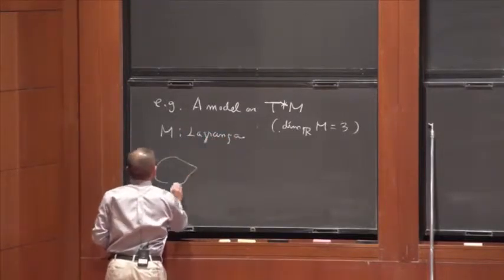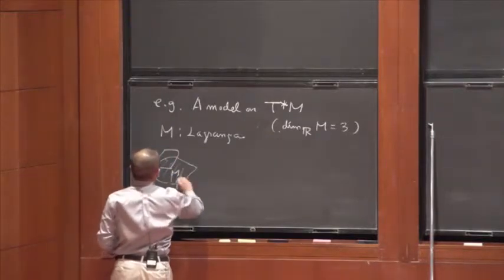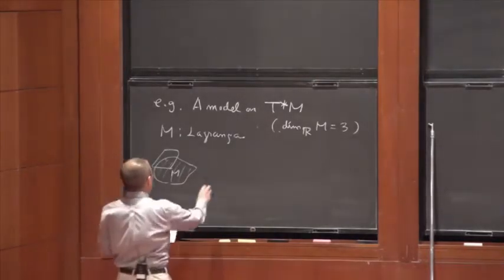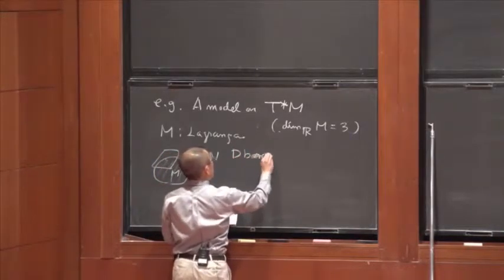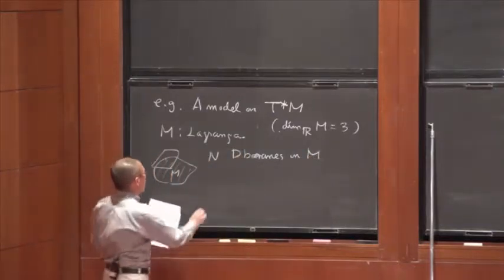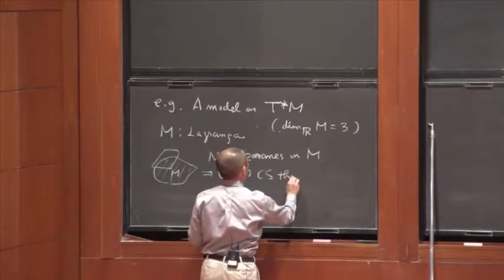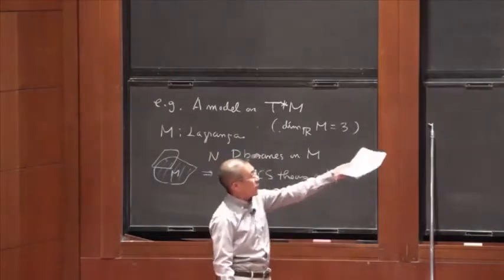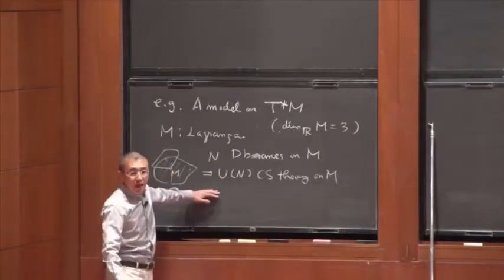So if you have M, and if you have a cotangent space to it, then a D-brane wrapping on M should be a brane. So you can have n D-branes on M, and then this gives rise to U(N) Chern-Simons theory on M. If you apply Witten's procedure to write down open string field theory for this D-brane,